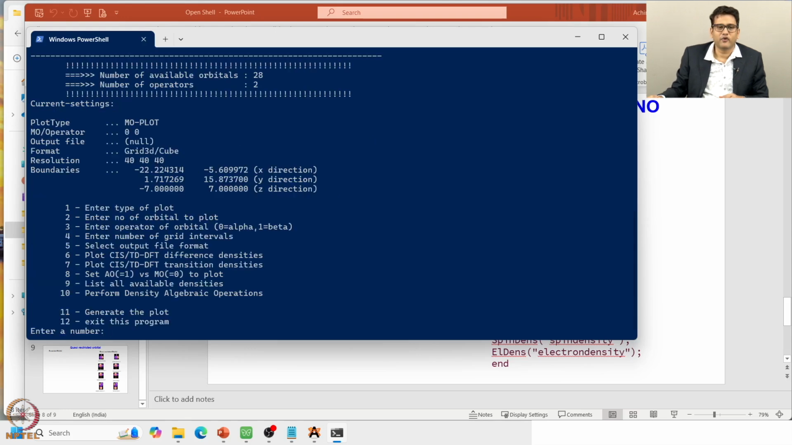If you are not very comfortable with the command line, do not get scared, it is straightforward. You just have to put 1, 2, 3, 4 numbers and it will be automatically able to do it. Be patient with it, try it a few times, it will work out. Now, once you do that, it gives you a number of options: enter type of plot, enter number of orbital to plot, operator of the orbital, grid interval, output file format, and all of these things are there. So, if I want to plot this, the first thing I have to type is the number